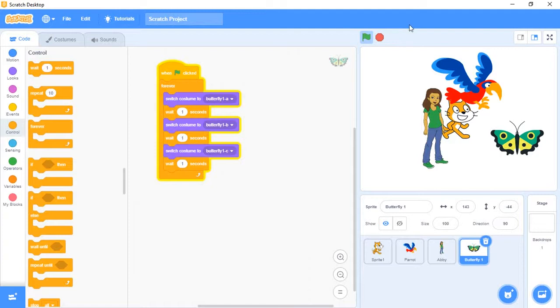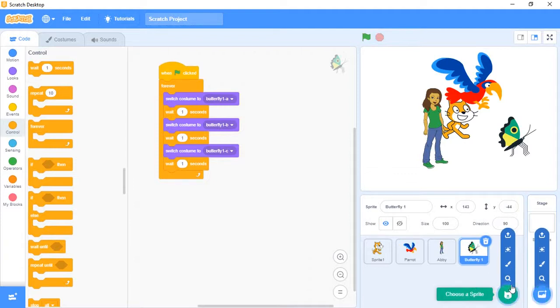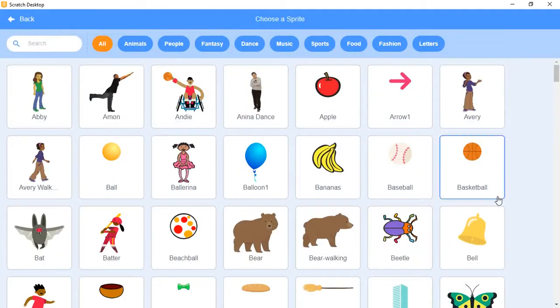Next one is glide from here and there. Select any sprite you want.